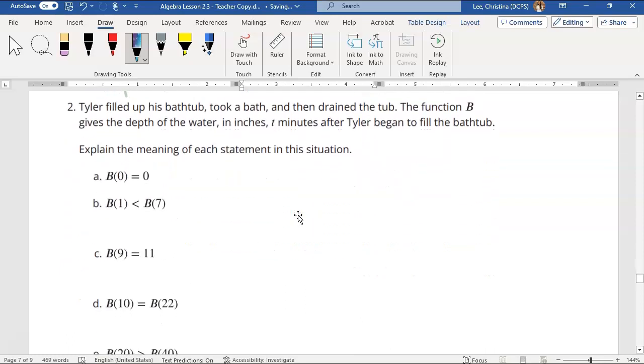Number 2, Tyler filled up his bathtub, took a bath, and then drained the tub. The function b gives the depth of the water in inches, t minutes after he began to fill up the bathtub. Explain the meaning in this situation. So t is the input. Remember, it's almost always a function of time. And the depth of the water is your output. So we're going to say at 0 minutes, there are 0 inches